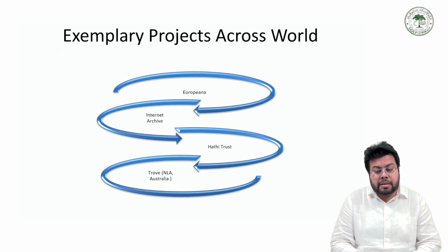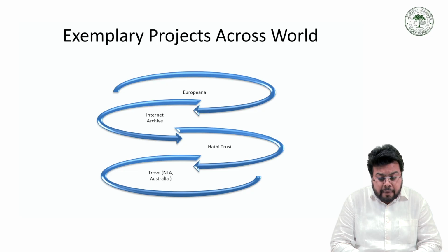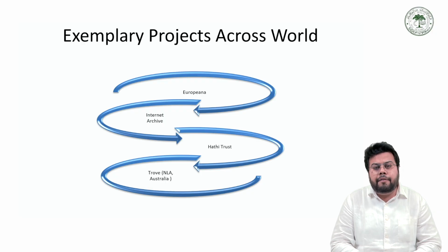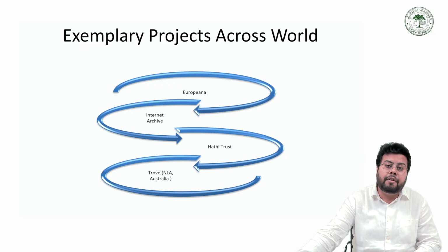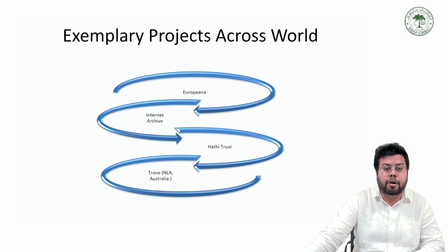Now, exemplary projects across the world. Now, these are the projects that are running across the globe. The first one is Europeana and Internet Archive, HathiTrust, Trove, which is Australian. Now, let us discuss that in brief. What is Europeana? How does it work? And what is Internet Archive? I'm sure many people are aware of Internet Archive. HathiTrust is a very famous one, and Trove is also a very famous project that is